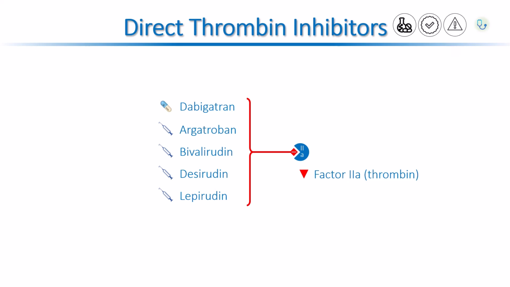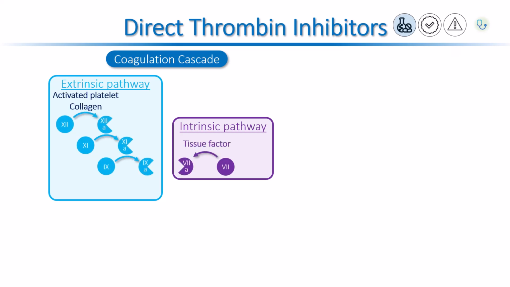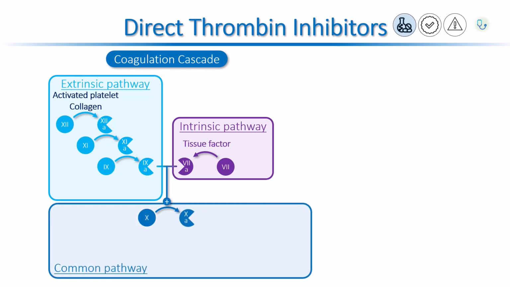secondary hemostasis. The coagulation cascade starts via two pathways, the extrinsic and intrinsic pathways. These pathways involve a series of enzymatic reactions, which activate clotting factors involved in each pathway. The intrinsic and extrinsic pathways meet at factor 10, which is the start of the common pathway. Factor 10 is activated to form factor 10A, which in turn activates factor 2, or prothrombin, to form thrombin. This is the most common point of clot regulation.